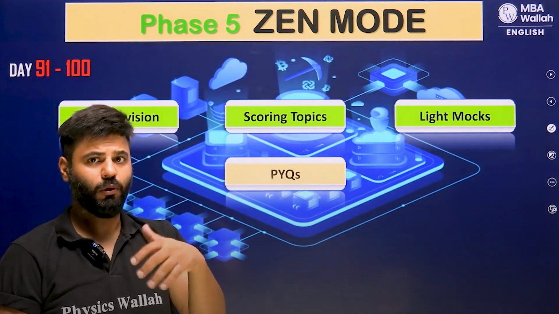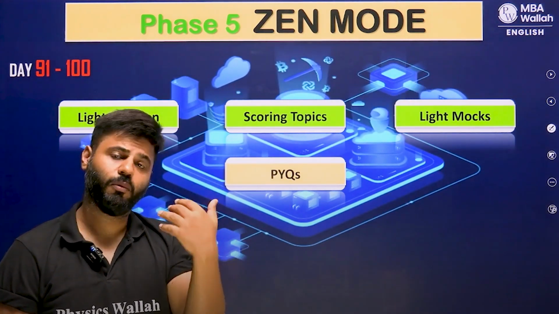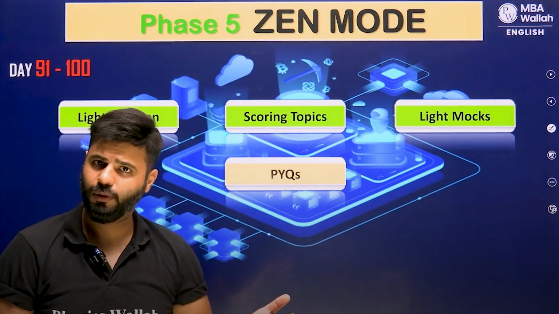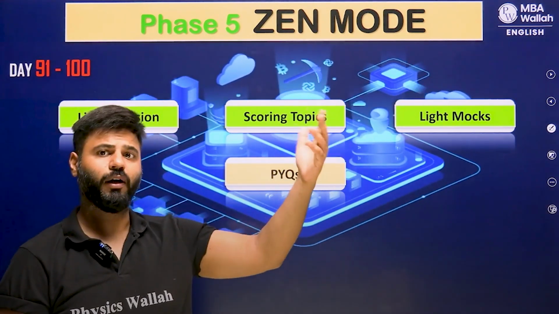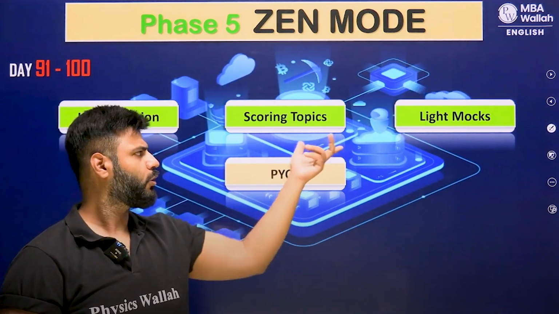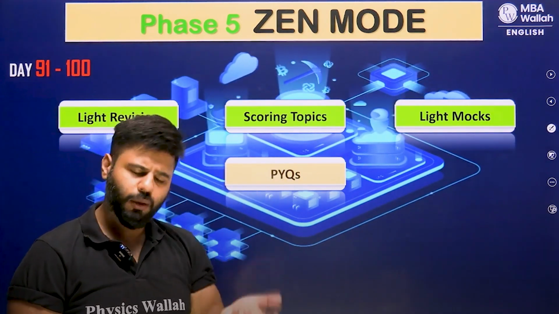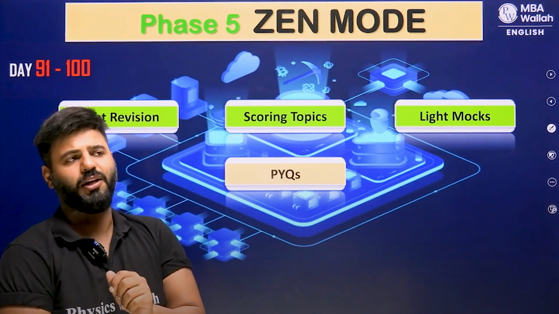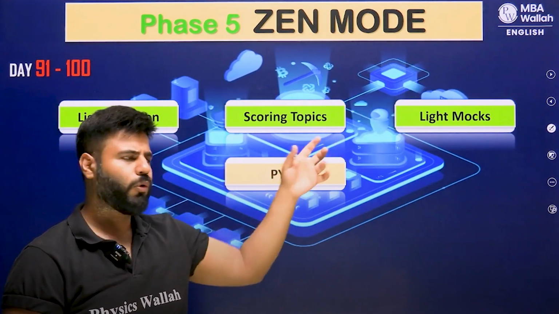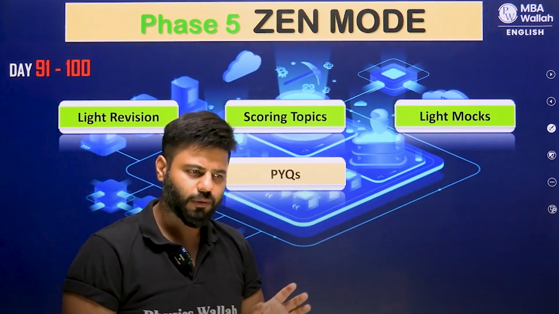Now the point is, we have already done those last 5-year papers in the form of PYQs, and we were doing practice questions, we were covering the syllabus. So you will feel a little confident because you will be able to do those PYQs in the last 10 days. So just focus on the PYQs, or if you really want to attempt some mocks, saying, sir, I need to practice, but I want exam simulated practice, then do those light mocks in the form of PYQs, right?